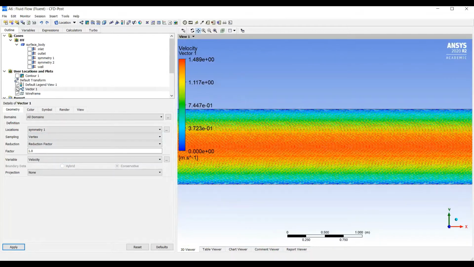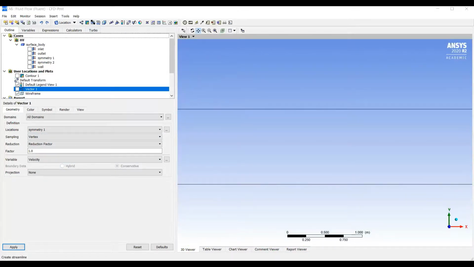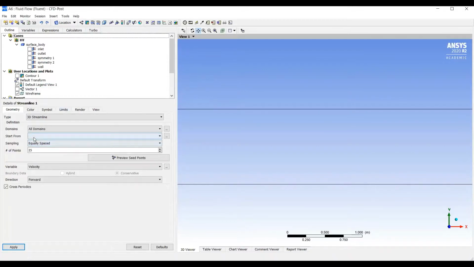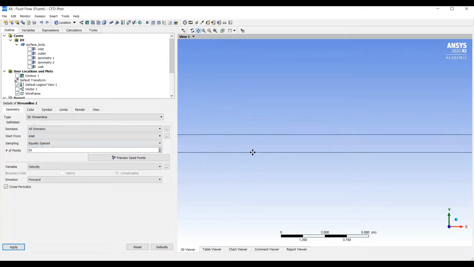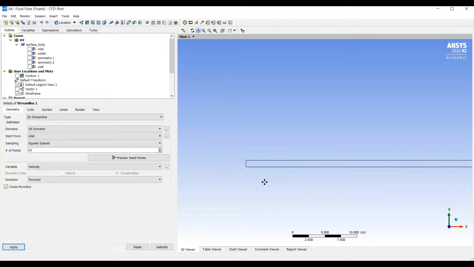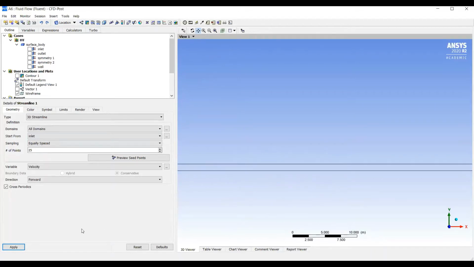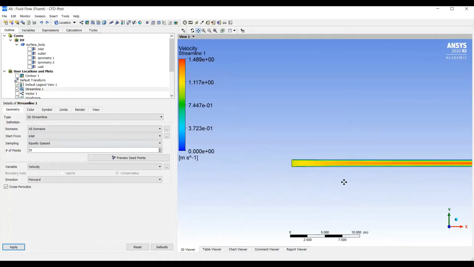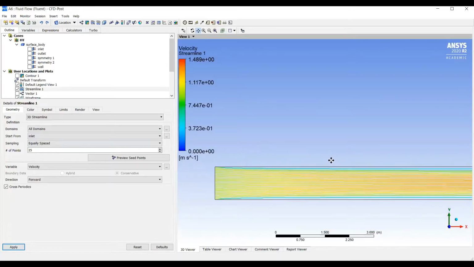And then one more thing that I'd like to show you before we're done is streamlines. So we can start from the inlet, and what the computer is going to do is it's going to create lines that say, oh, okay, this is what the flow looks like, and just create a bunch of lines all over the place. So if we apply it, then we zoom in, you can see the